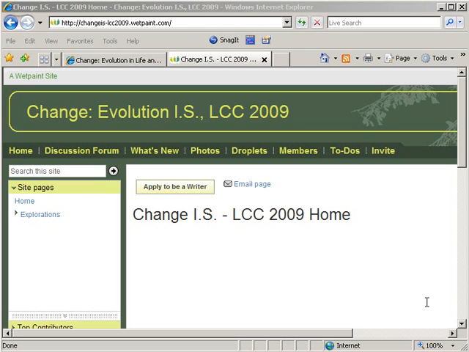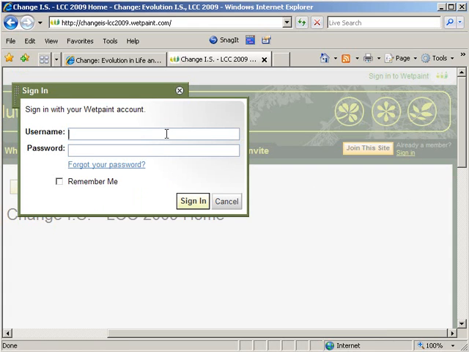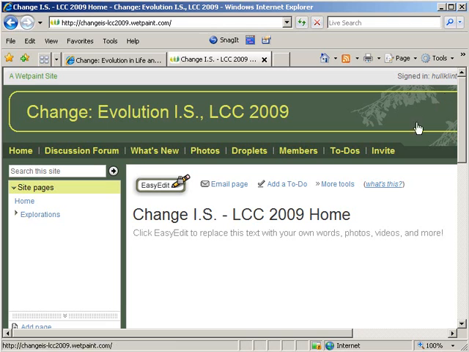Once you've created an account, this tutorial will now show you how to go about creating wiki pages and editing them. If you have signed out, go ahead and sign back in. And then you'll notice that the Apply to be a Writer button has changed and is now the Easy Edit